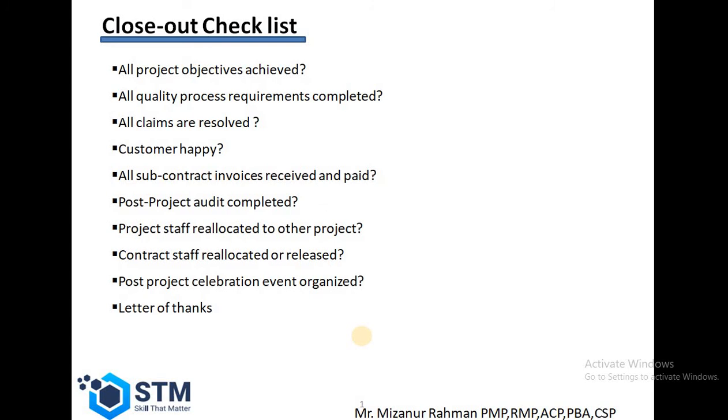Then we can use some checklists for closing the project. It is not limited to only these things, it can be more, so I am going to put some of them here. All the project objectives are achieved, all quality process requirements are completed, all claims are resolved, the customer is happy. We have to check whether the customer is happy or not. All subcontract invoices are received and paid, the post-project audit is completed, project staff are reallocated to other projects, the contract staff are reallocated or released,